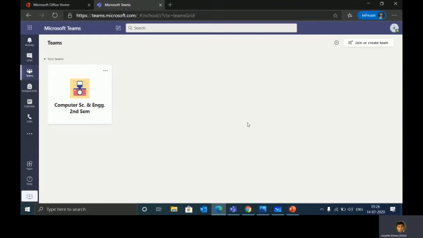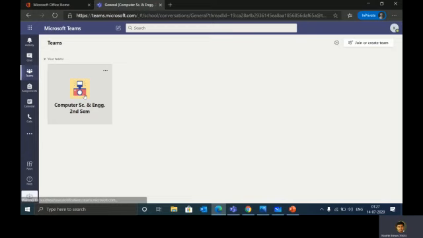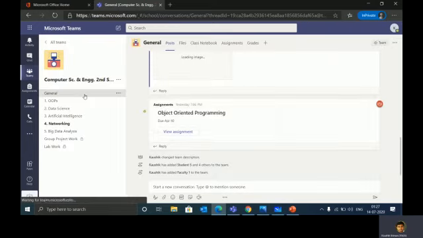If we come to the Teams window, we can see on this screen the professor. He or she has created one virtual classroom named Computer Science and Engineering second semester. If we get into this virtual classroom, we can see